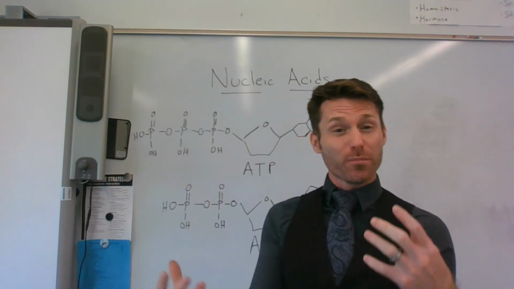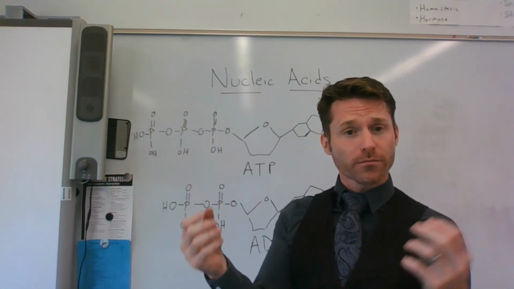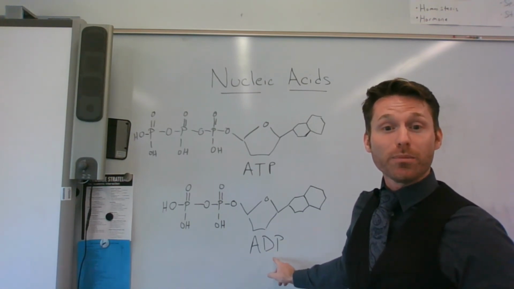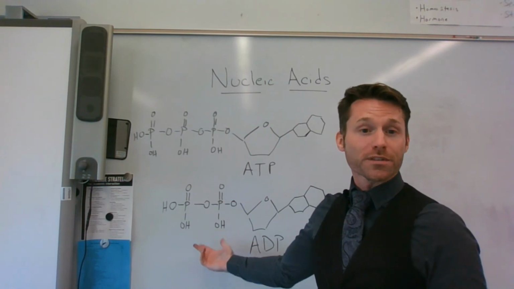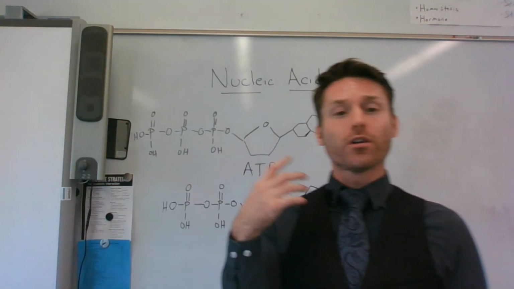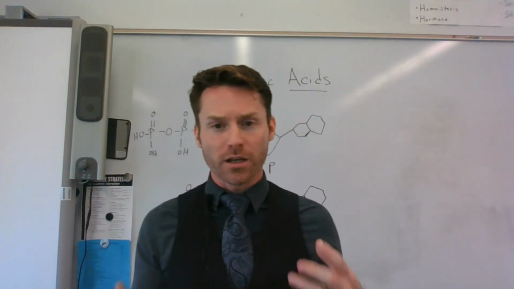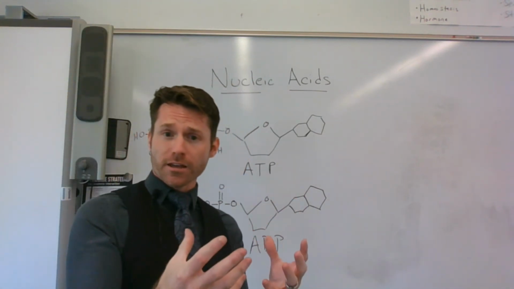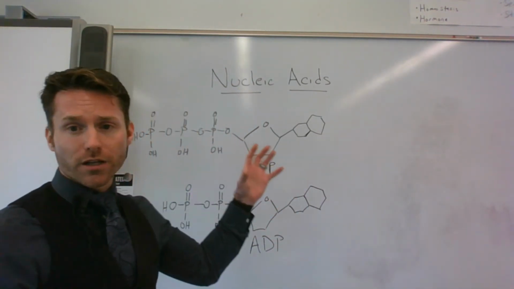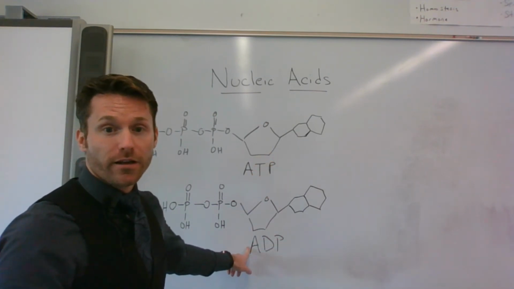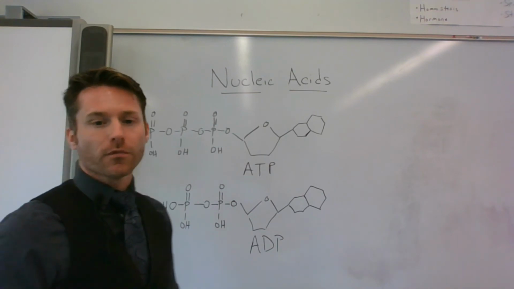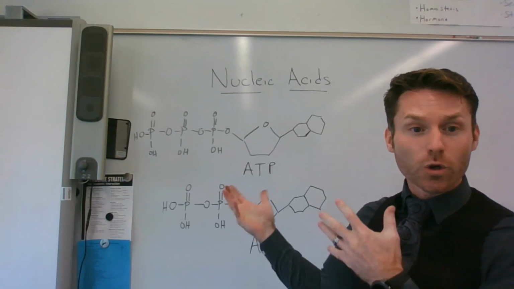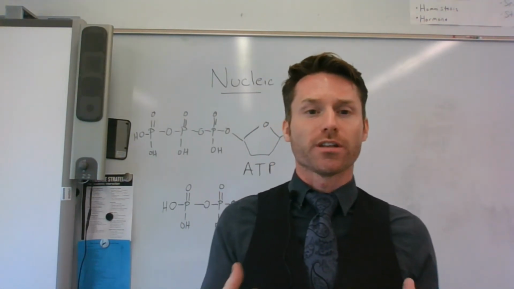And so when we manipulate the ATP to release that energy, we bounce our ATP back down to ADP, which just has 2 phosphate groups instead of 3. And so when we go through the mechanisms that generate ATP, what we are doing is taking some free energy from somewhere, investing it, and we take a phosphate group, we shove it onto ADP, and we're back to having ATP. And so that's how this nucleic acid, this nucleotide, functions as an energy carrying molecule.